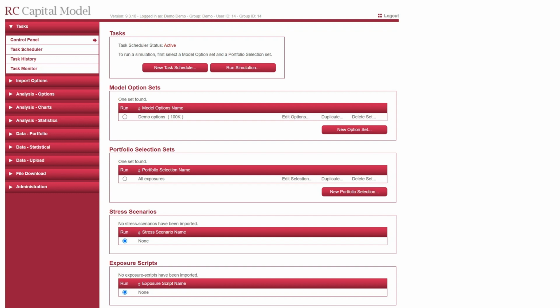The model supports a wide range of exposure types, including loans, bonds, single-name credit derivatives, and structured products. Structured products are carefully modeled with detailed specifications of cash flow waterfalls, interest rate, and collateral triggers. Therefore, capital model may be used for the valuation or rating of securitizations, as well as the risk analysis of such exposures.